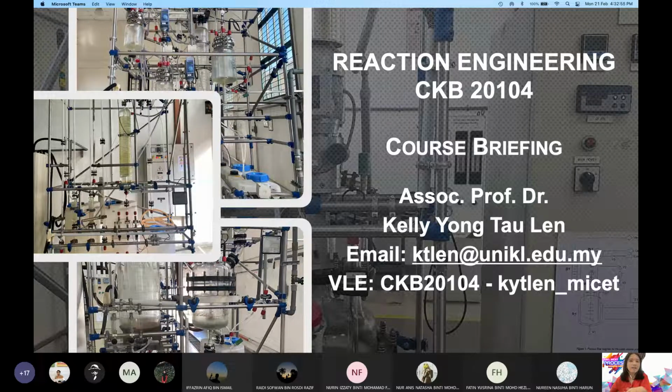But basically in simpler words, even if you see the title you already know, it's reaction and it's engineering. So reaction engineering is actually a purely engineering course that touches on reaction. So maybe before this you have learned in chemistry, reaction. You have learned about reactions, you have learned many types of reaction. So that's the chemistry aspect of reaction. Reaction engineering is about the engineering aspect of the reaction. You have learned about the reaction. Now we are learning how to design the equipment that is used for reaction.